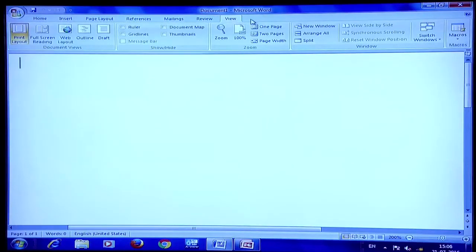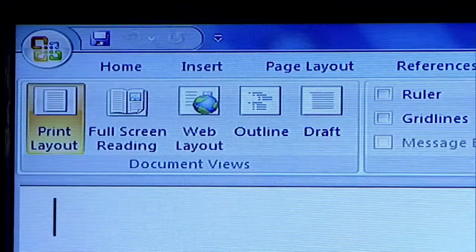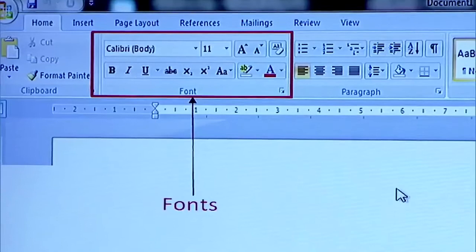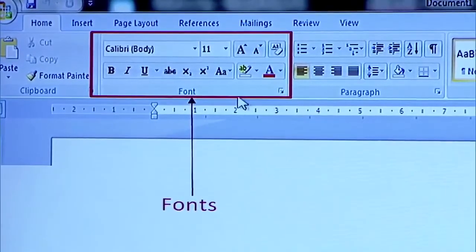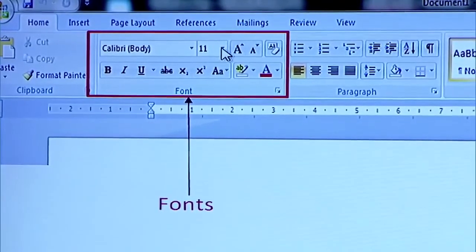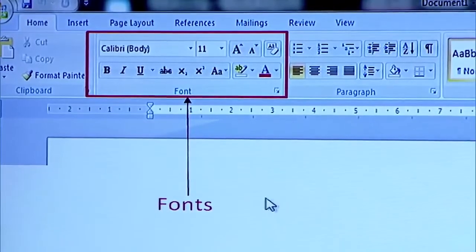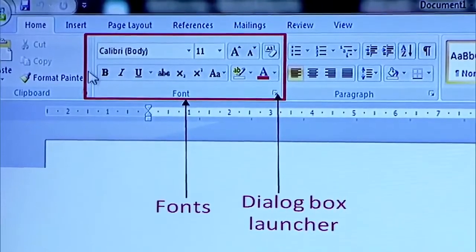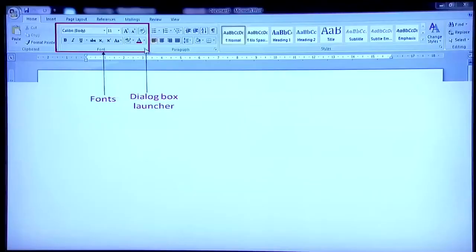Now, on this ribbon we can have other tabs also. The other tabs become active with reference to whatever we have selected on the document or whatever we have currently opened up. Let us see an example. In the Home tab, there is a group Font. In the Font group, we have these different fonts available. We can select the font, we can select the font size, all these things are there. And there we see dialog box launcher. This group of font does not contain all the commands which are visible together. To open the dialog box, we can click here and then the dialog box opens and we can simultaneously select many options from this font. Let us see that.